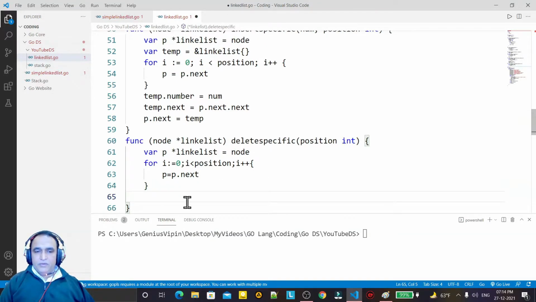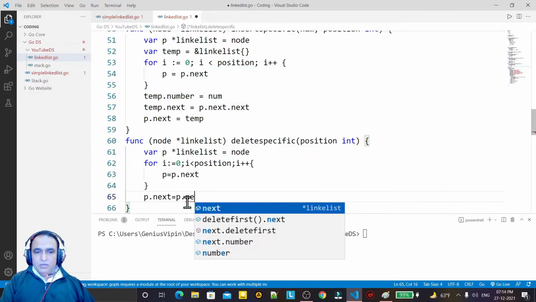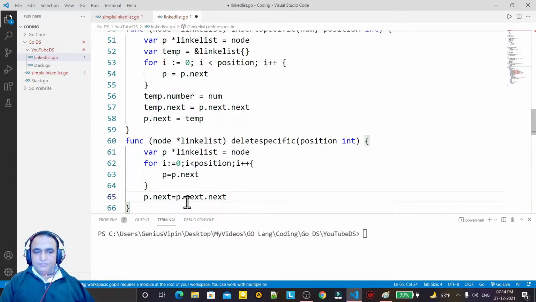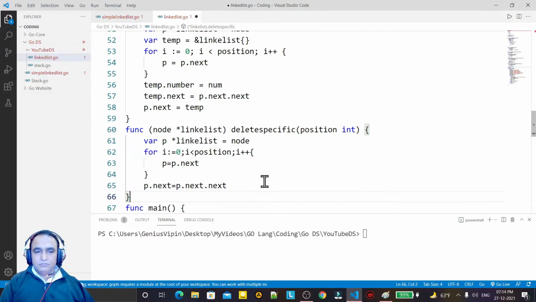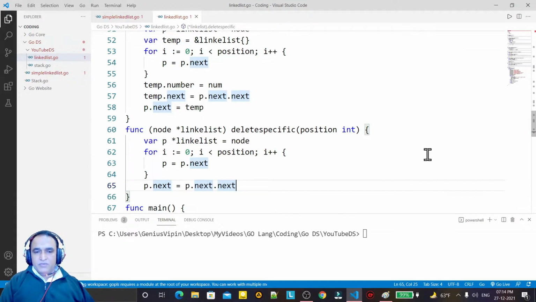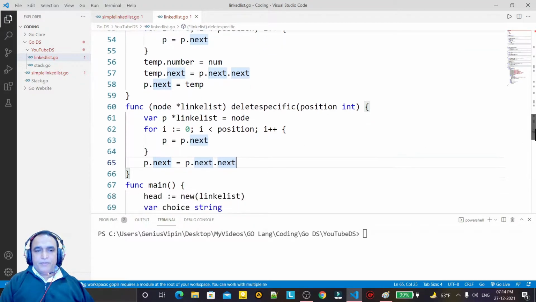But here what I have to do, I have to say p dot next equal to p dot next dot next. So I am replacing the existing next node with the next node. So this node will be replaced by the next node. So the existing node will be removed automatically. That is deleting from a specific position.